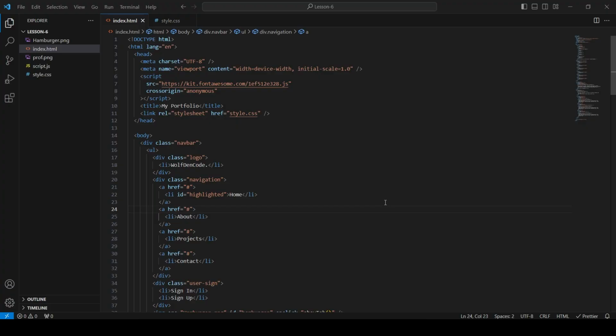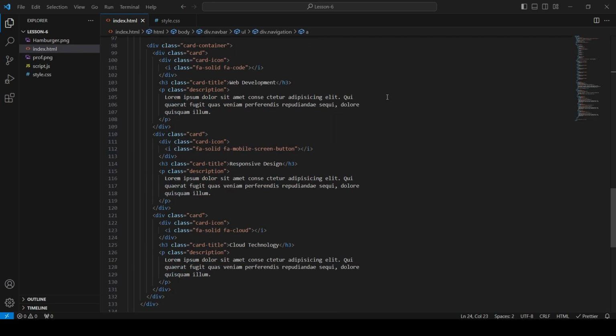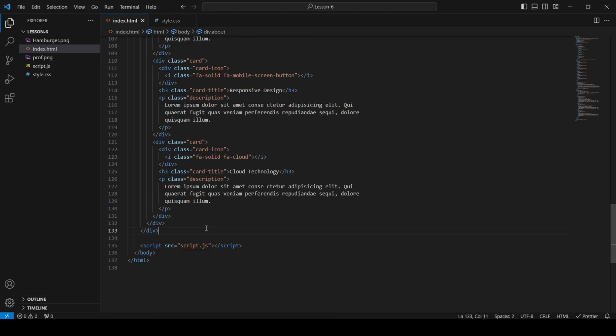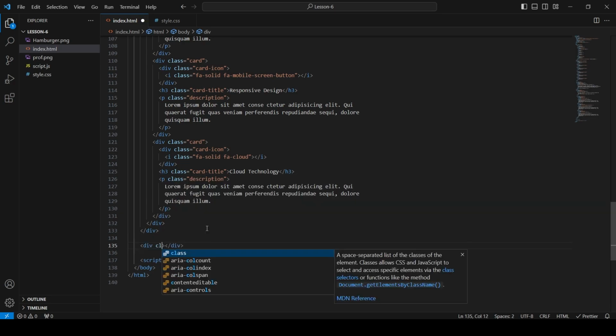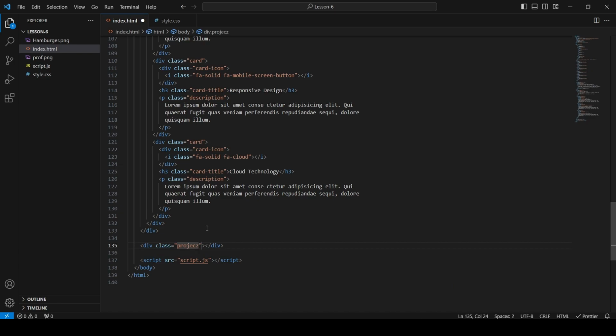So back to our HTML, scrolling down to the bottom. Under our About section, we'll create a div. This will be the wrapper for our project section. So give it the class projects. And inside this there will be an h1 as the title. This will say projects, just like this. And then there will be those little grid elements. So they will wrap a project